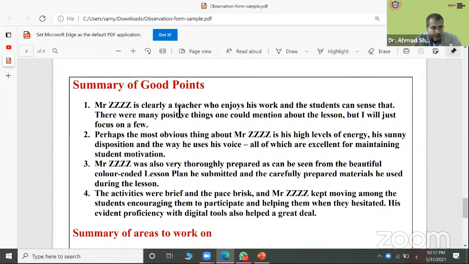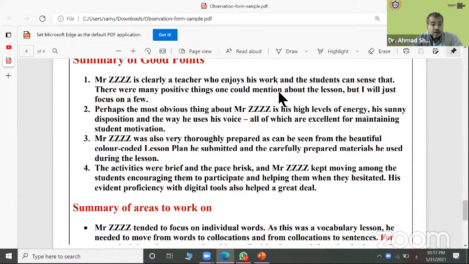Perhaps the most obvious thing about Mr. Z is his high level of energy, his sunny disposition, and the way he uses his voice, all of which are excellent for maintaining student motivation. So his voice is very motivating and good for the students to follow.